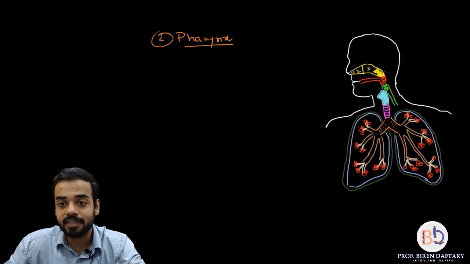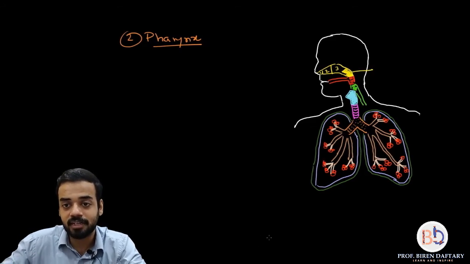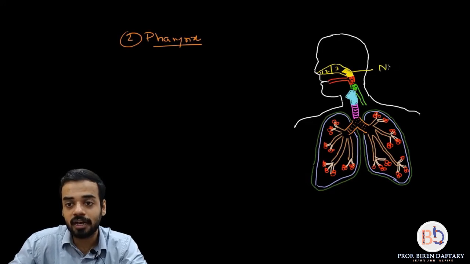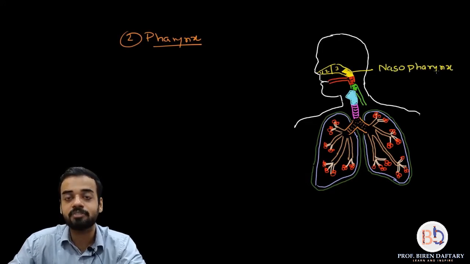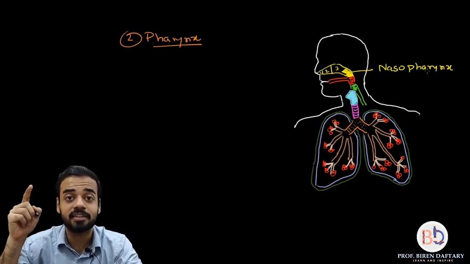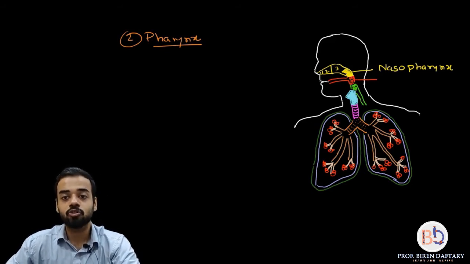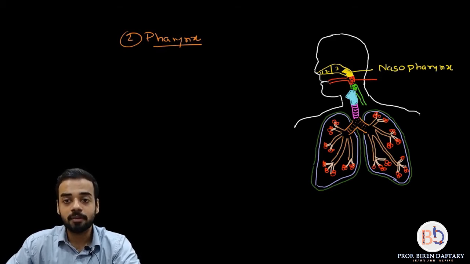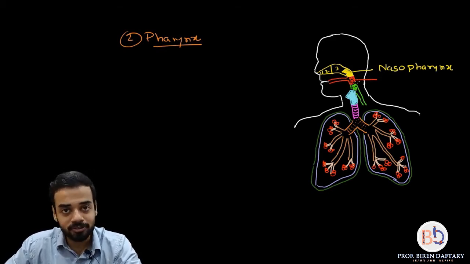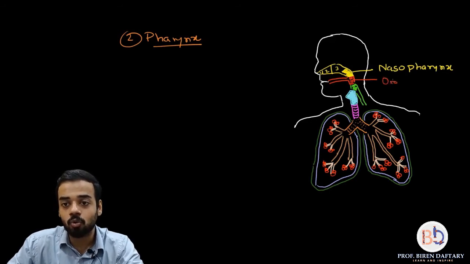So I'm just going to shift this image slightly this side. This is called the nasopharynx. So the nasopharynx is the pharynx which is connected to the nasal chambers or to the internal layers. Similarly, if you see this red part of the pharynx, this is the mouth, and the mouth has this oral cavity. Everybody knows that the oral cavity continues into the pharynx, which is called the oropharynx.